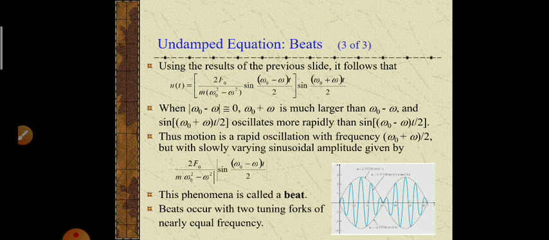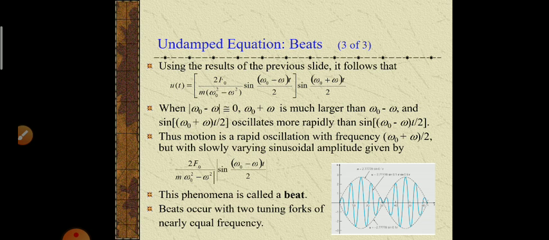but with a slowly varying sinusoidal amplitude, which is given by 2 f0 divided by m into omega 0 square minus omega square, times sin omega 0 minus omega t by 2. This phenomenon is called a beat. Beats occur with two tuning forks of nearly equal frequency, right? Or you can say that when resonance occurs in the vibratory system, then beats occur. Why? Because during resonance omega 0 is equal to omega, so the value of omega 0 plus omega